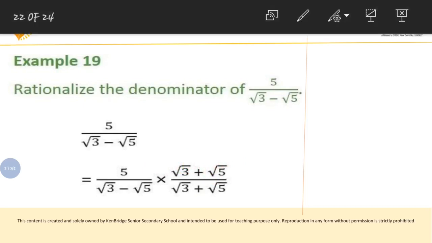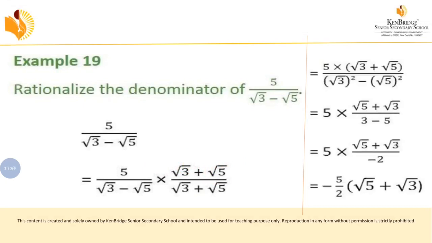Now when you are multiplying 5 into root 3 plus root 5, you have to write like this, 5 into bracket of root 3 plus root 5, and the denominator will become the same, that is a minus b into a plus b. It should be written as a squared minus b squared. Now just look here, the 5 will be common for everything, so like that we have written. And then the denominator, when you are squaring the root, you will get the whole number, so that can be written like this.